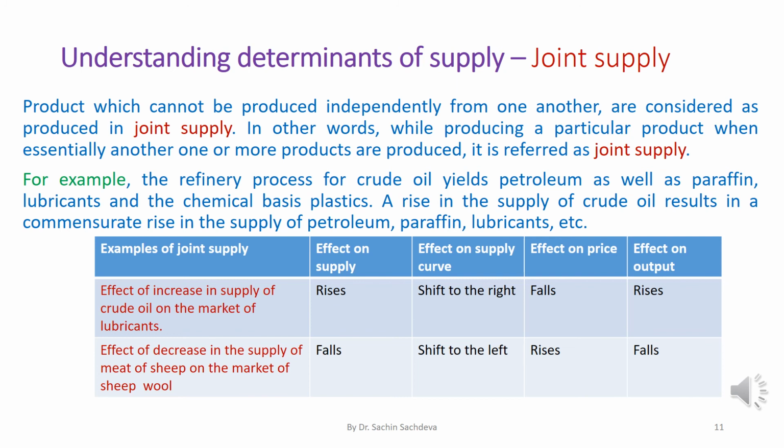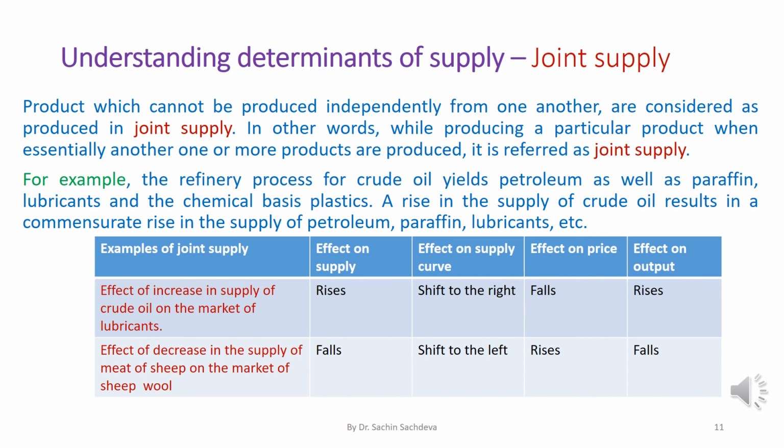There will definitely be one or more additional products produced simultaneously. So products which cannot be produced independently from one another, they are produced together, are considered as produced in joint supply. Or we can say, while producing a particular product, when essentially one or more other products are produced, we